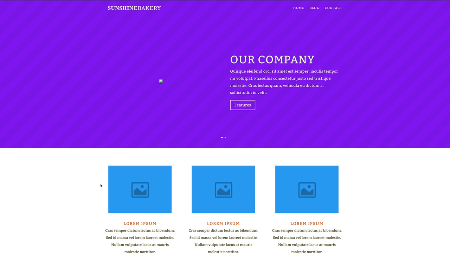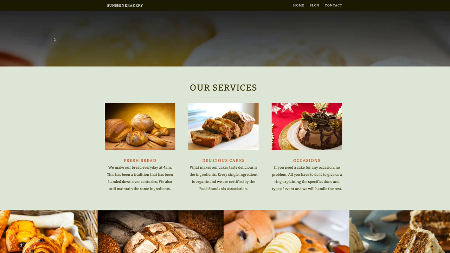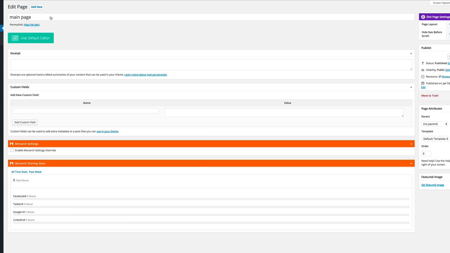So with the services area, as you can see from our predefined layout, all we have is just these image placeholders and also the text. So this is quite straightforward because all we have to do here is replace these images with our own images and our own text and titles. Okay, and that's exactly what I did here. So if I go onto the edit page,